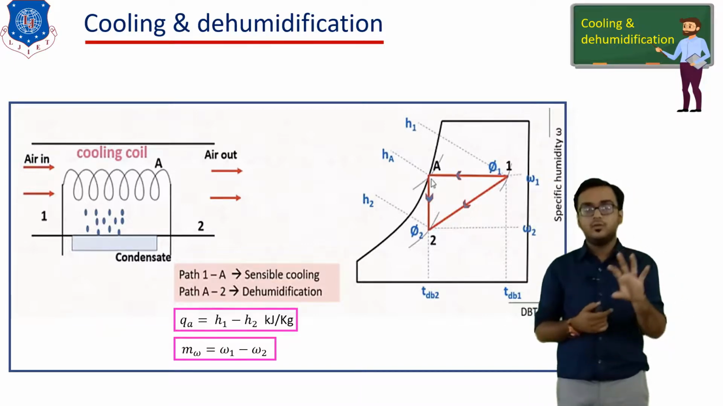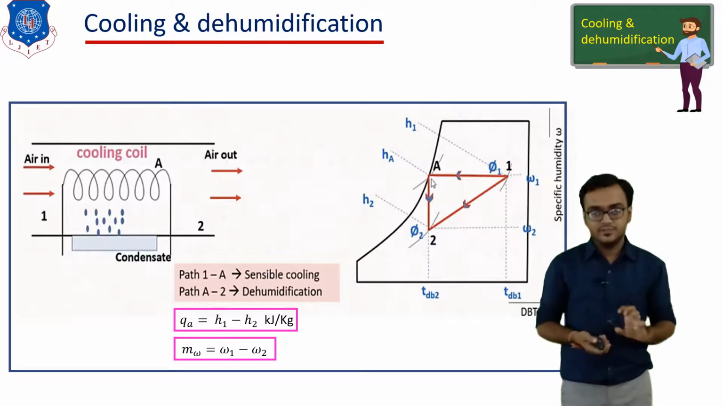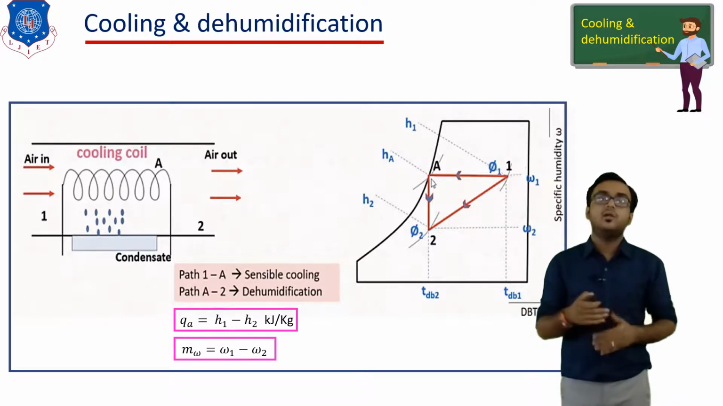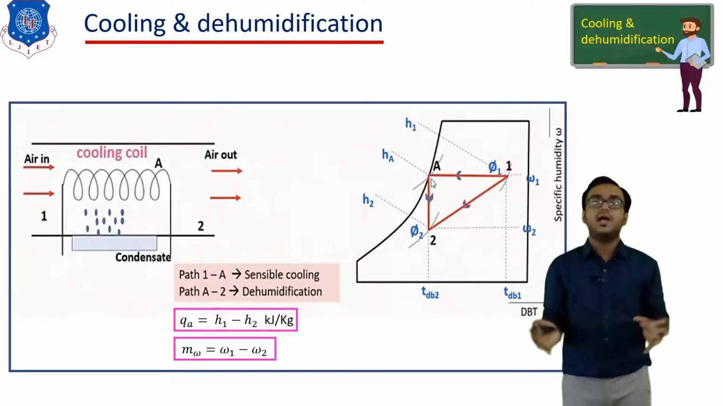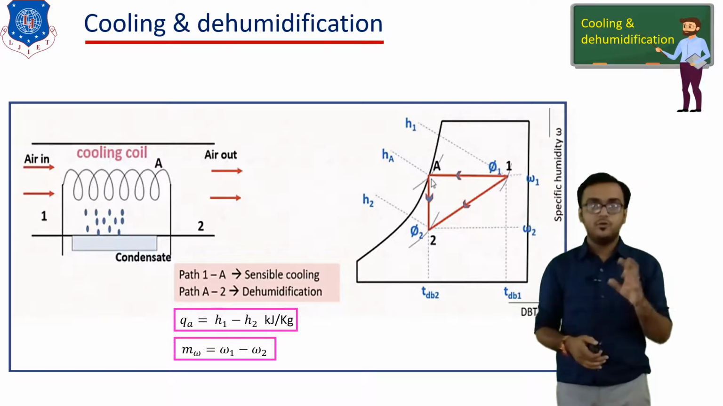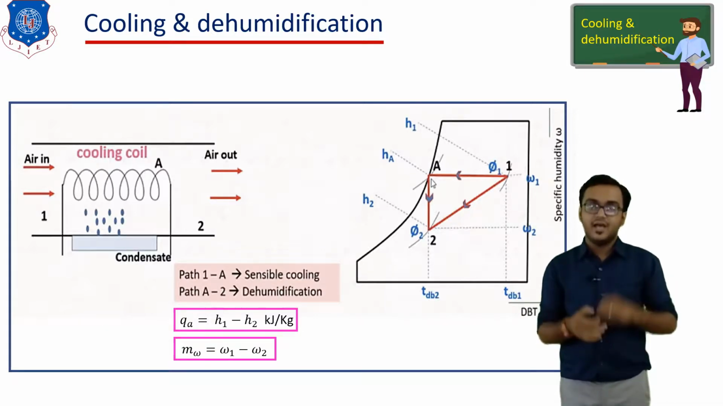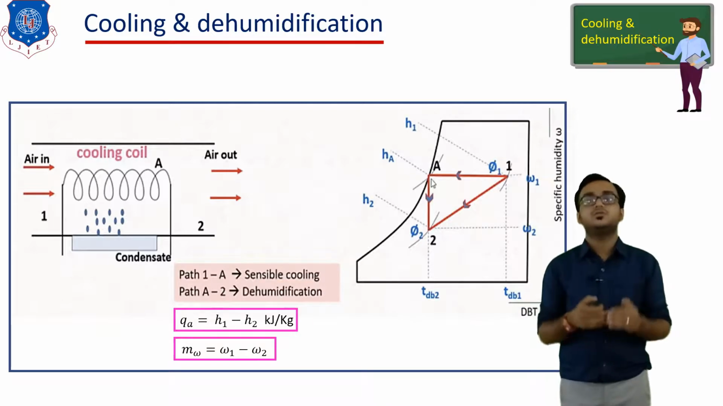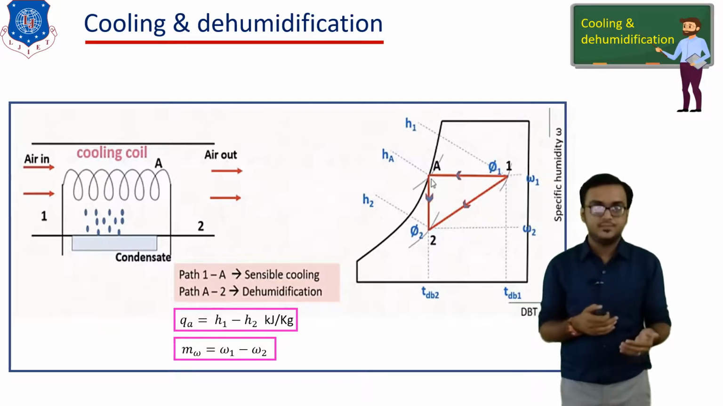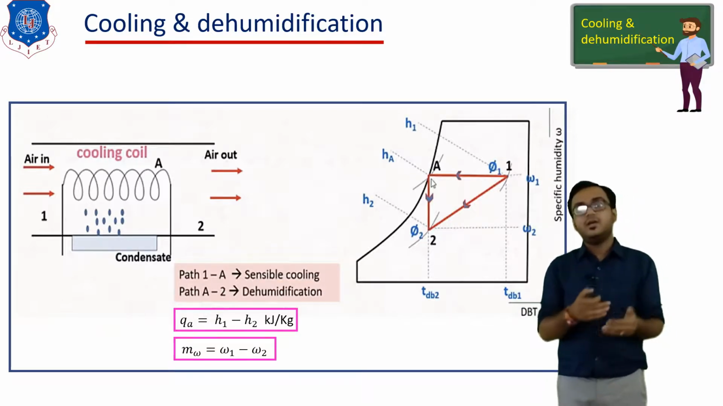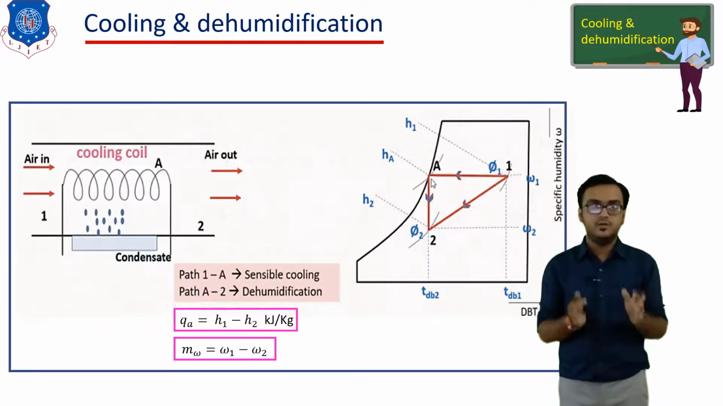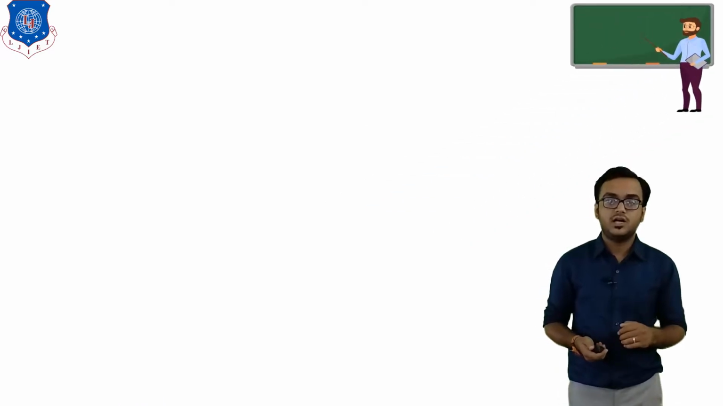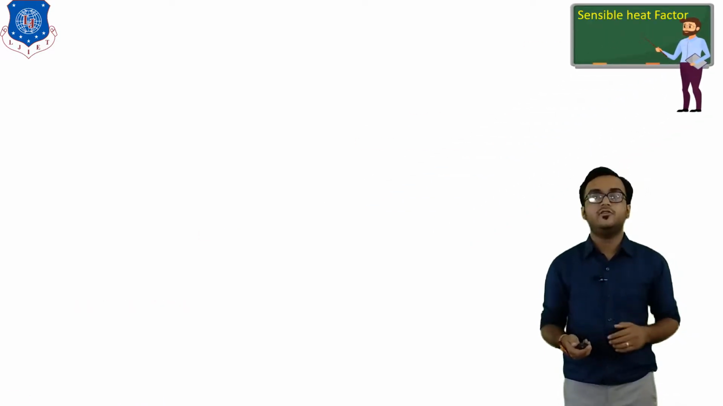So it is all about the cooling and dehumidification. Again, I would like to insist that you keep all the lines of the psychrometric chart in your mind, because it is helpful during the solution of examples as well as the designing of air conditioning apparatus. Clear to all? Now next I would like to start with a new term called sensible heat factor